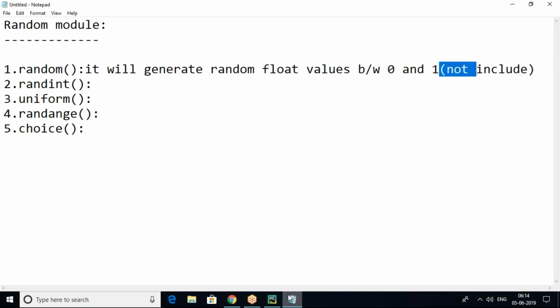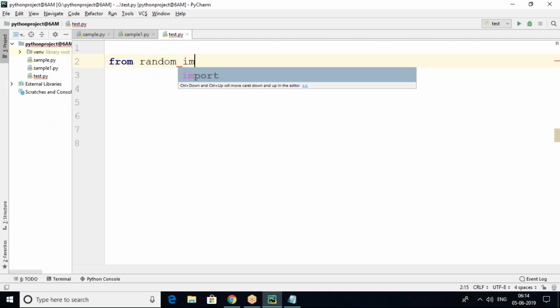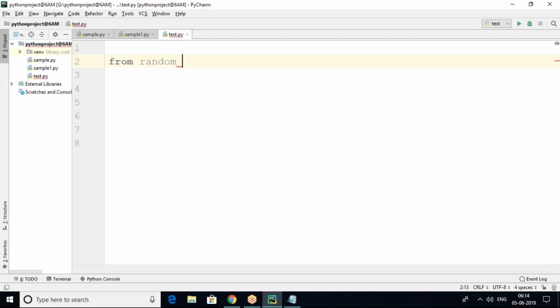Let's see the practical implementation. from random import star. I want to generate random numbers by using the random function.